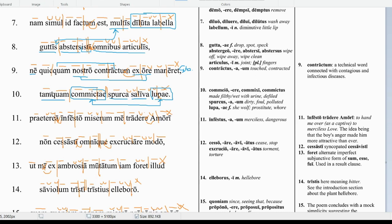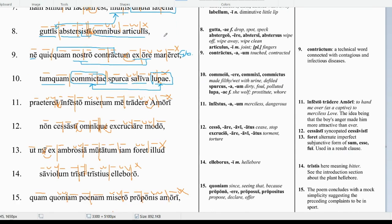As though it were the dirty saliva of a urine-soaked prostitute. That's rough. So this boy clearly did not enjoy this kiss. Praeterea. Besides, furthermore,